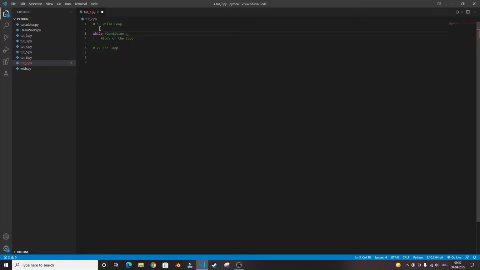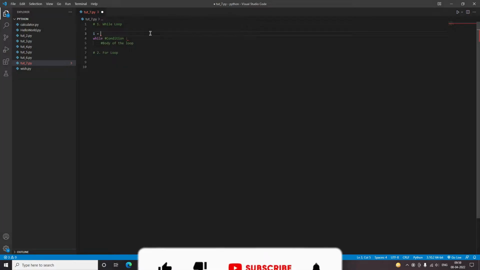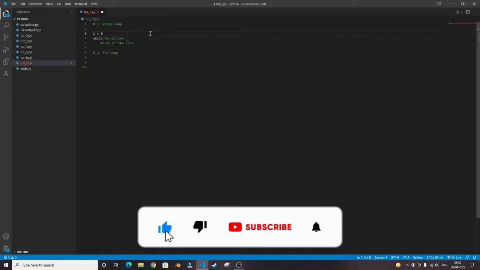To do this, we make a variable called I and keep its value 0, and then while I is less than 50,